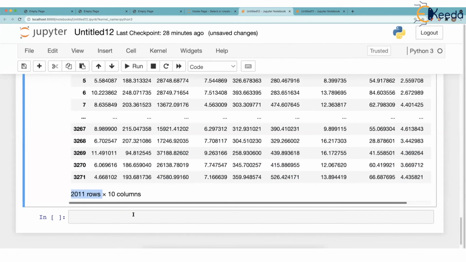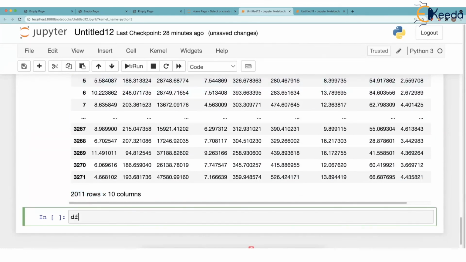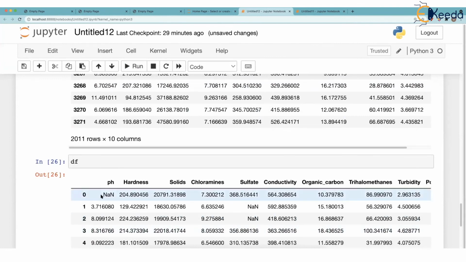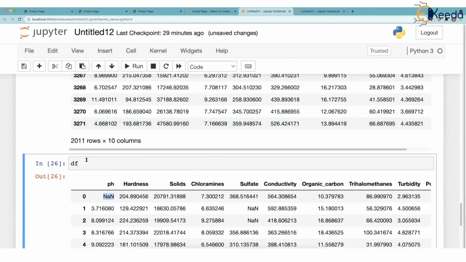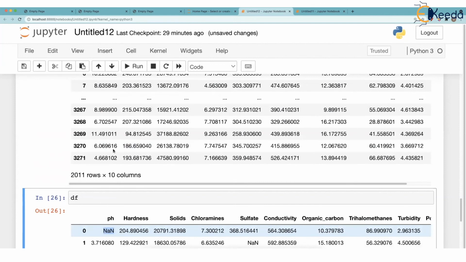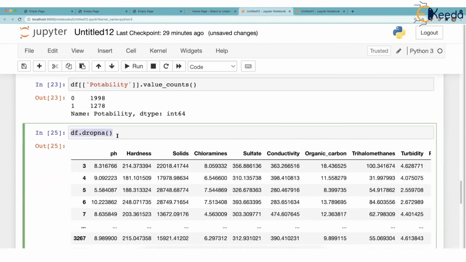Now let's see something shocking. I will try to print df again. Oh my god, it shows the null values again. I just dropped them, and when I'm printing df, it is again showing me the null values. I want an answer from your side. Something was missing here. You tell me what it is. Waiting for the next 10 seconds. You can write it in chat, or you can switch on your microphone and answer. What is wrong here?